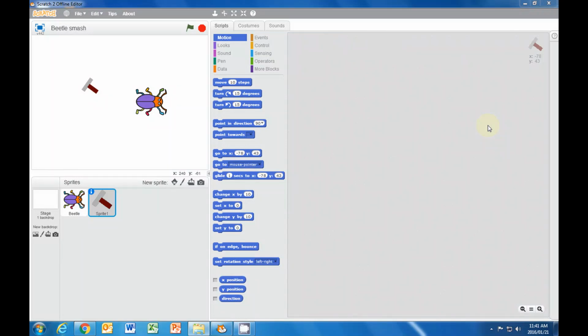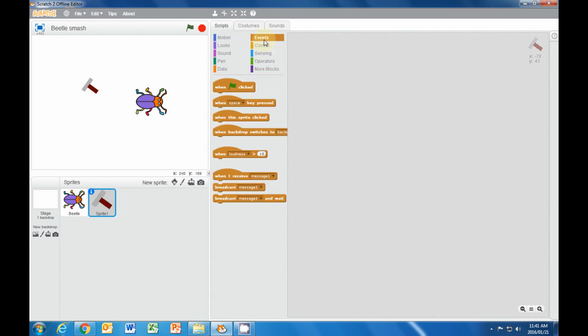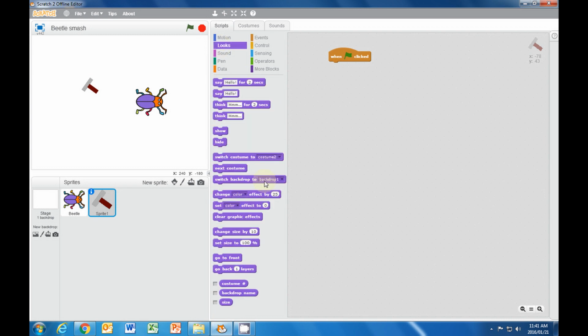Okay, so you now have a hammer with 2 costumes and you have a beetle. Right, so what we want to do is we want this hammer whacking or smashing or whatever. Okay, so what we need is that, let's say when the green flag is clicked, because we always start with that, we actually want our hammer to be in the upright position. So it must look like we switch the costume